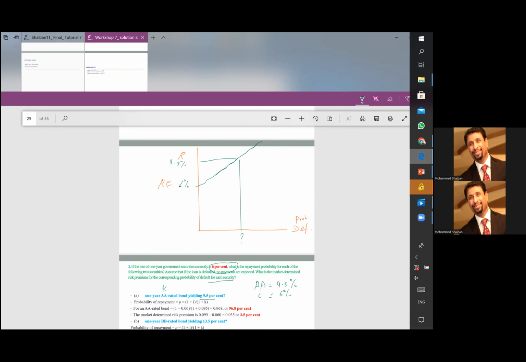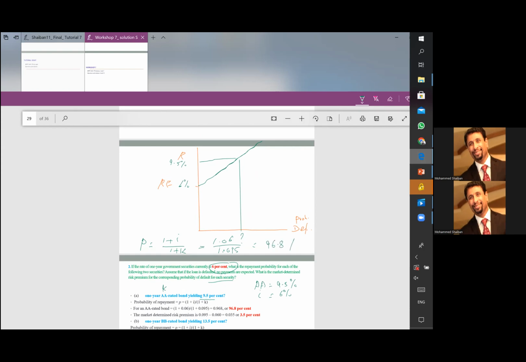So actually the probability of payment will be now here, 1 plus I over 1 plus K, or 1.06 over 1.095, and this makes it